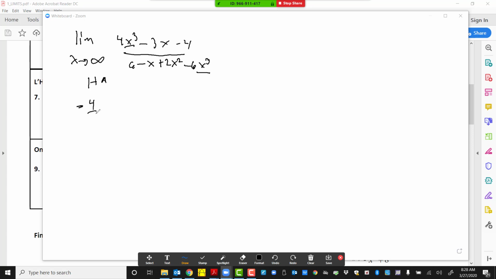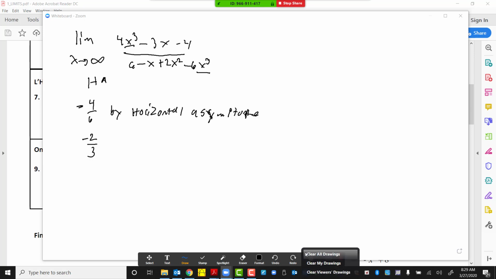Negative 4 over 6 by horizontal asymptote, which gives us negative 2 over 3. Pretty easy, but not always going to be straightforward depending on which the power is and all that. Okay, the last method